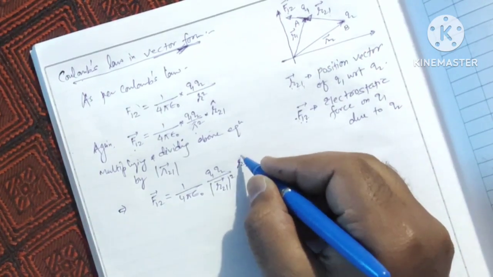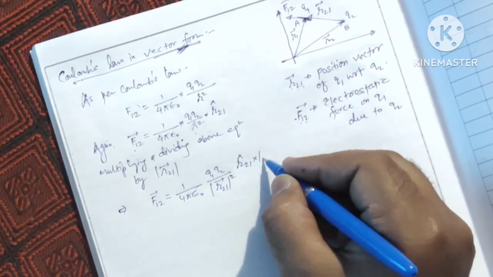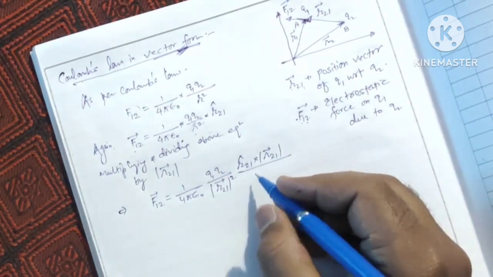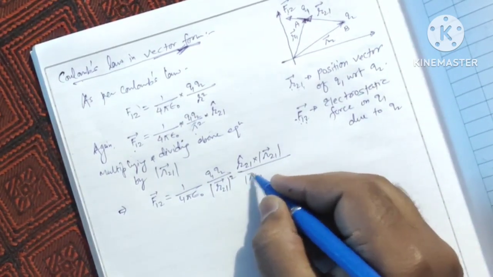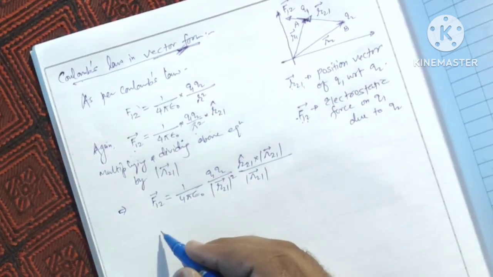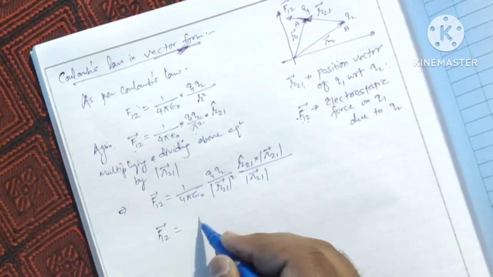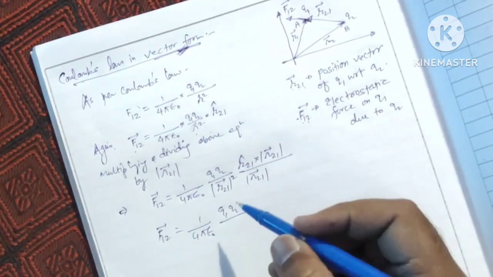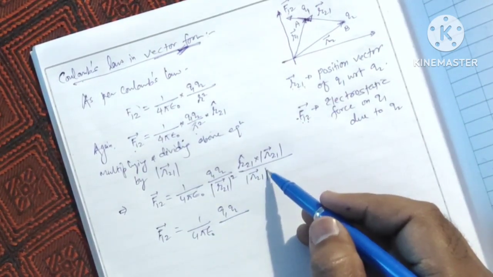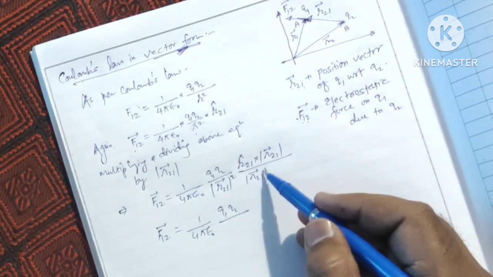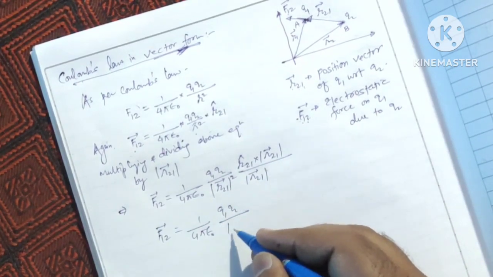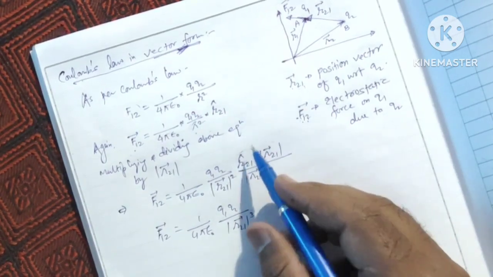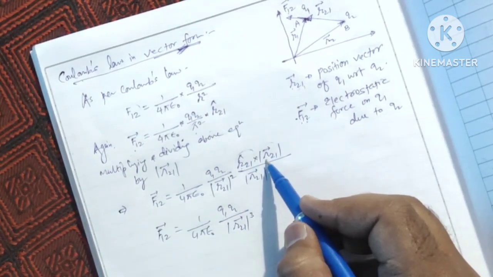Now what I have done, I have multiplied this equation by r21 vector, and also I have divided this equation by r21 vector magnitude. Alright, so here I am going to get 1 by 4 pi epsilon naught into q1 q2 divided by, you can see this is square, and this r21 vector magnitude is already there. It will be making it as r21 vector magnitude cube, and here we have unit vector multiplied with the magnitude